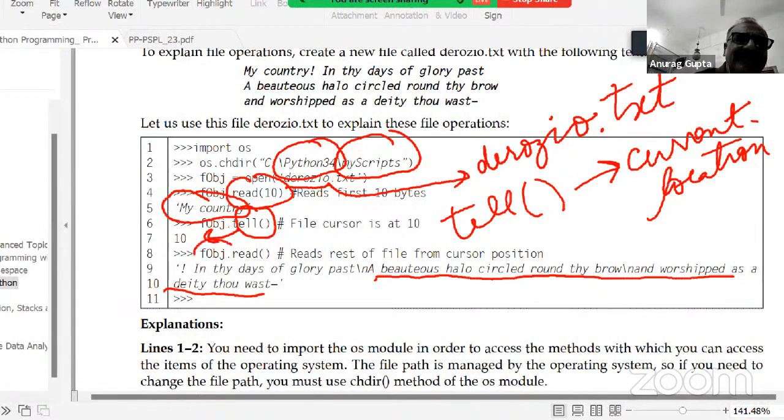When I give the read the second time, it reads the next line. The first line was "My country", and the second line was "in thy day of glory past, beauteous halo circled round thy brow", and so on. The important thing to note is this number, let me just clear it out.